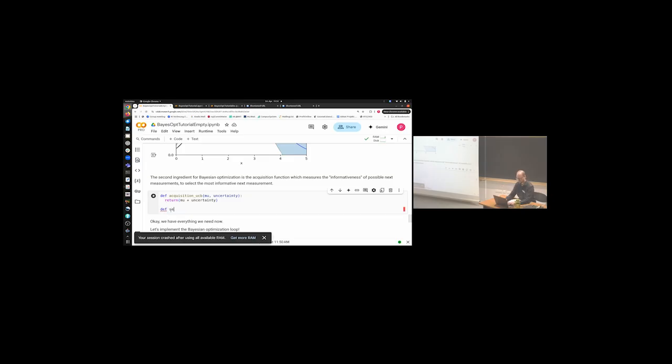So we make a function that's called select experiment, and this is getting all possible experiments, so all 200 possible values that we can in principle run, and the values of the acquisition function in all of these 200 values. And now we want to just pick the maximum. So all we do here is we say x next. And now we want to pick the maximum of the acquisition function, but not actually the value, but the maximum position. And that is done with numpy.argmax